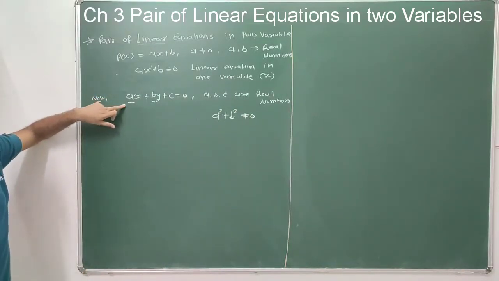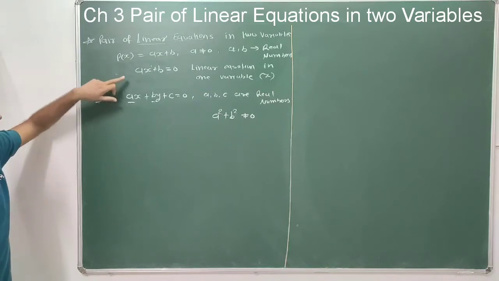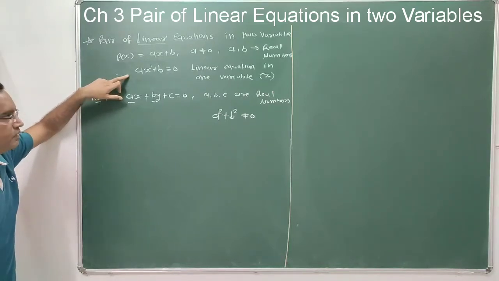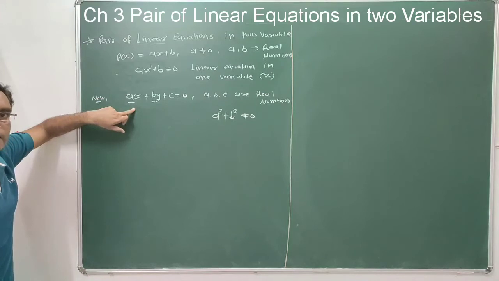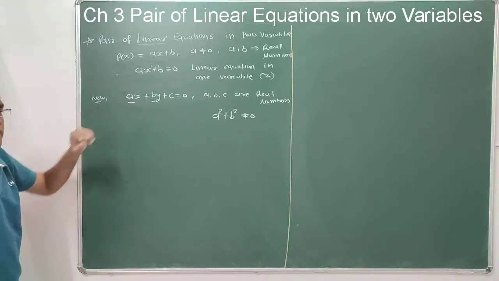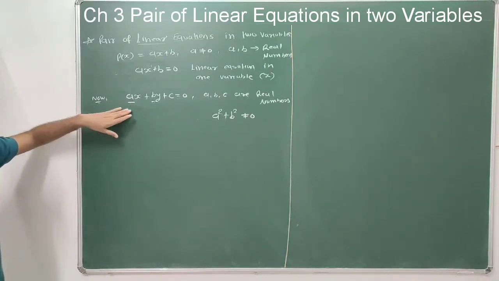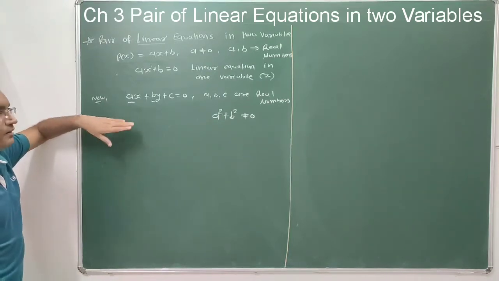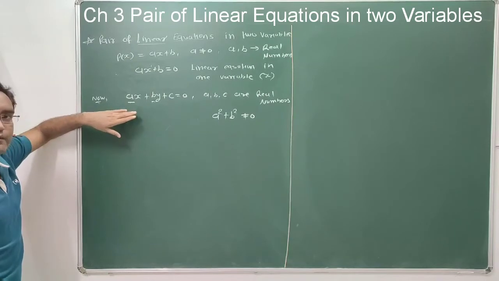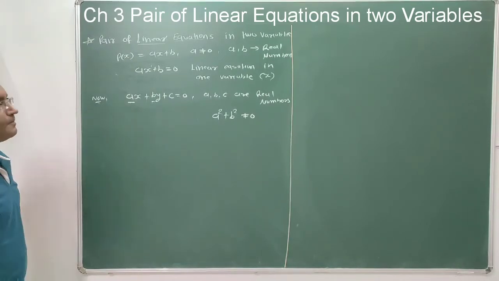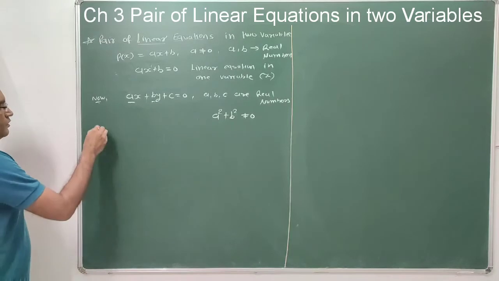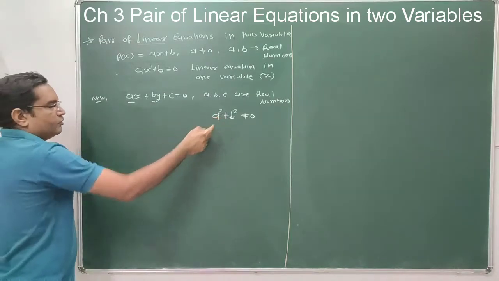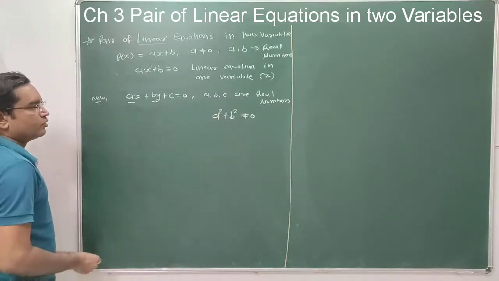This we have studied in our standard 9. The earlier one is the concept of standard 8. This is a linear equation in two variables. We discussed that in a linear equation in two variables, infinitely many solutions are there. We also drew the graph of this linear equation. Clear? So the condition is a and b both must not be equal to 0.